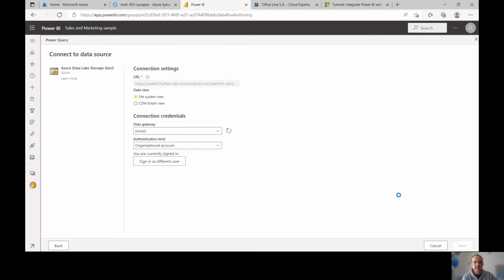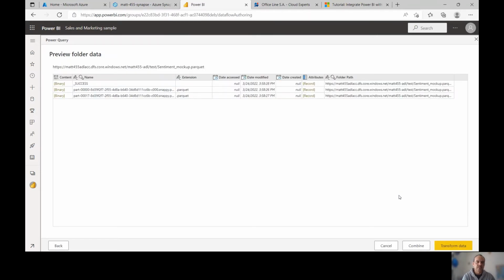And then click Next. Here you can see that the Parquet file is broken into two parts in the two different nodes of the Spark cluster. And by default, Synapse also adds a success file that you do not need to include in your transformations.